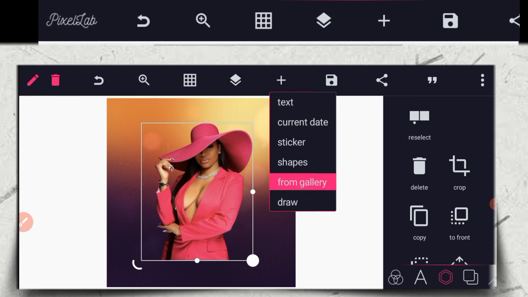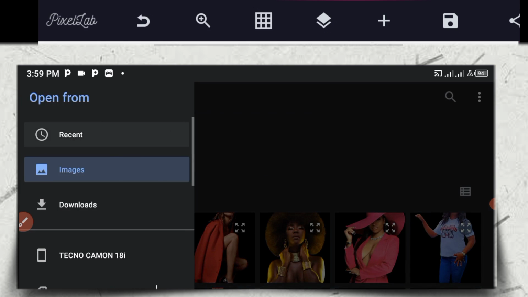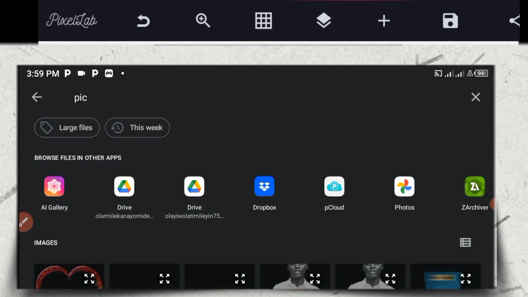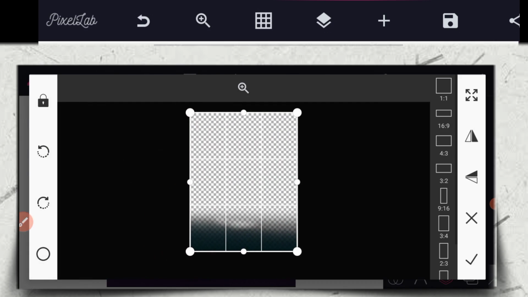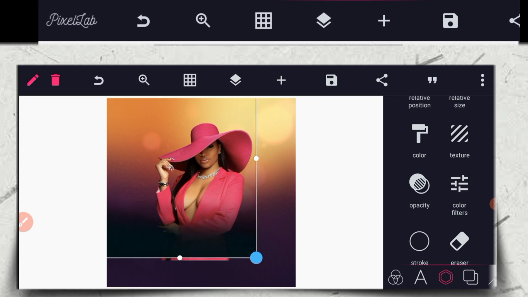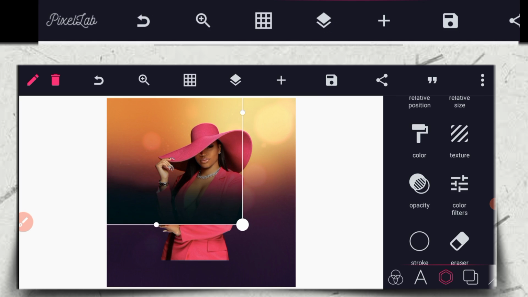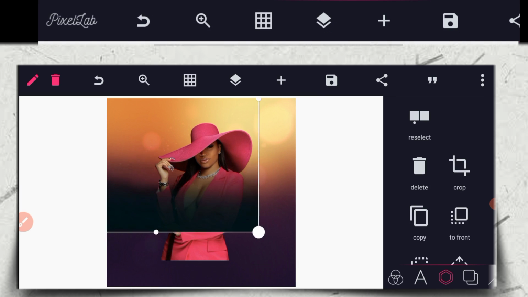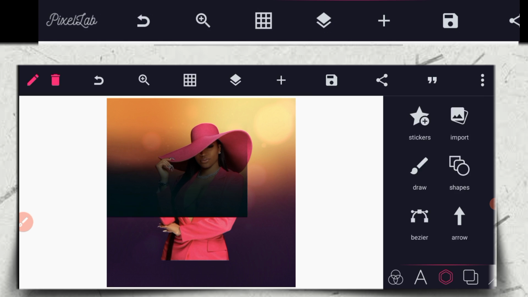Then go to my gallery. So I'm going to bring now this thing I call fading. So I'm going to fade it. So I'm going to bring out this thing. Then you can see they are not the same color. If I'm going to play it, I'm going to know. So what am I going to do right now? The next thing I'm going to do right now is to drag it, make sure it actually